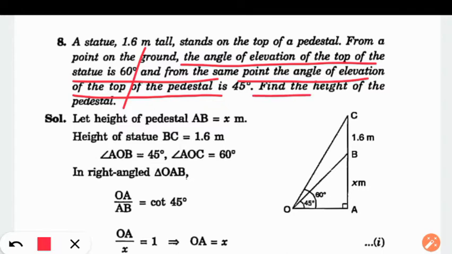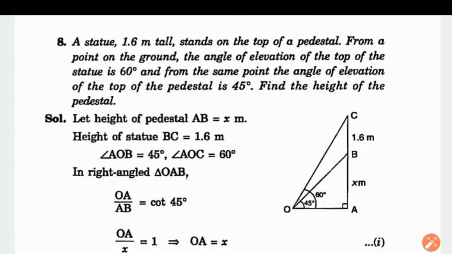Now, what is the question? Find the height of the pedestal. By question, the height of the statue is given, but we do not know the height of the pedestal, right. Now, see the figure. Suppose OA is the ground. Okay. Now, from the point O, suppose BC is the statue, B is the top of the pedestal, AB is the pedestal. So, on the top of the pedestal there is a statue, and BC is denoting that statue